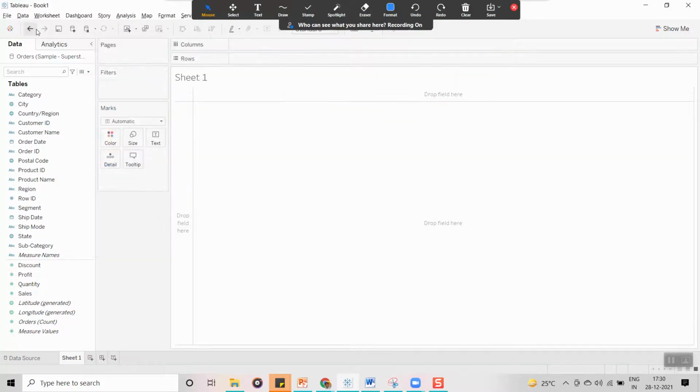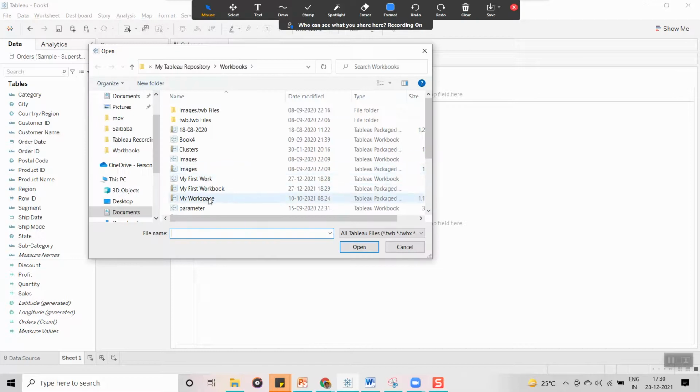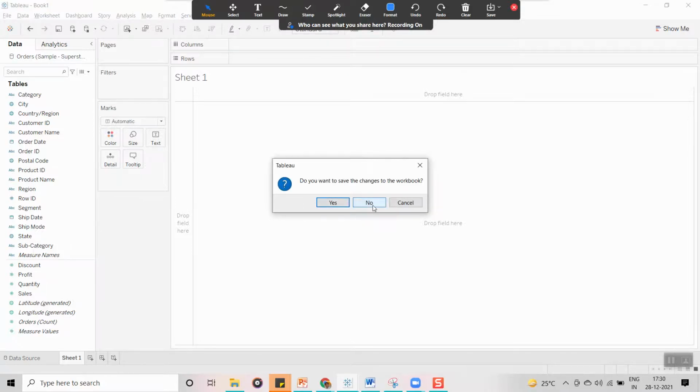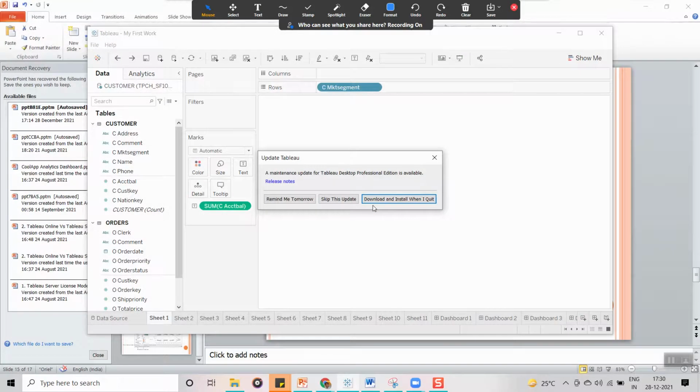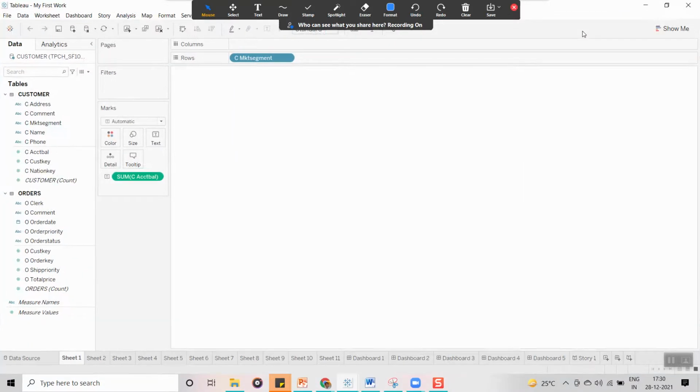I am also going to open another file, my first workbook, and close this one, guys. It is not required anymore. This is the one which we created, and it is a twb file.